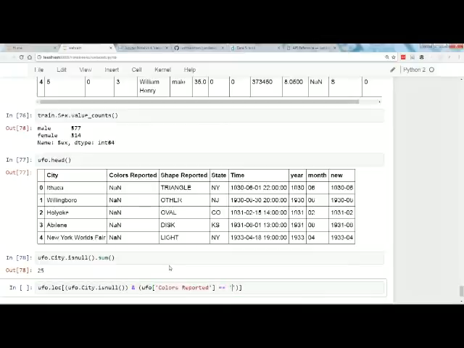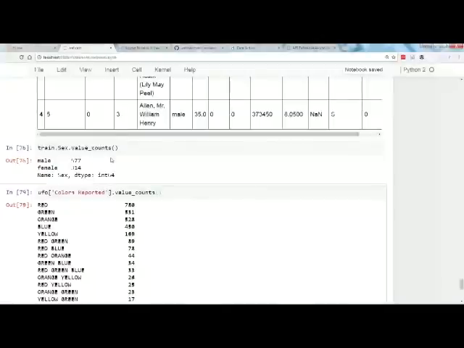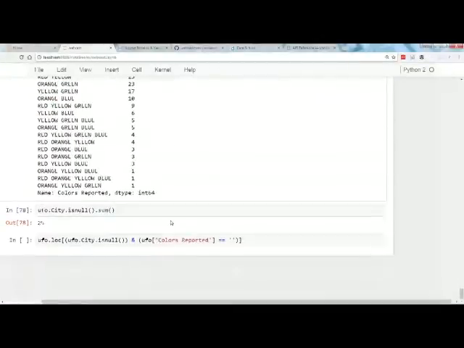Let me look at, sorry, my mouse is acting up here, so I'm having a little trouble navigating. Let's look at colors reported. I think they're all caps. Colors reported dot value counts. Yeah, it's all uppercase. Okay, so colors reported equals RED.